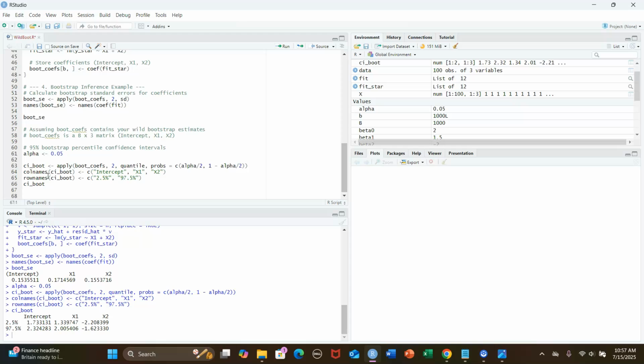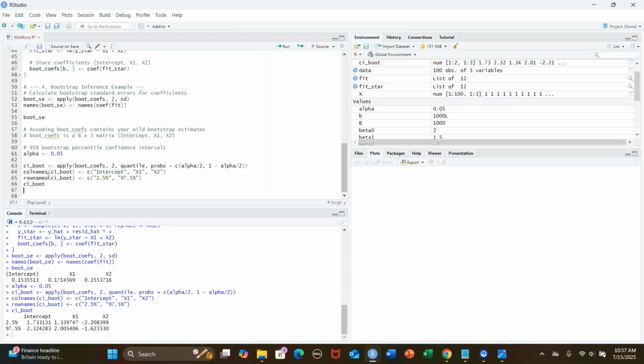So you can see the confidence limits are in the columns. For example, the 95% percentile bootstrap confidence interval for x1 is 1.33947